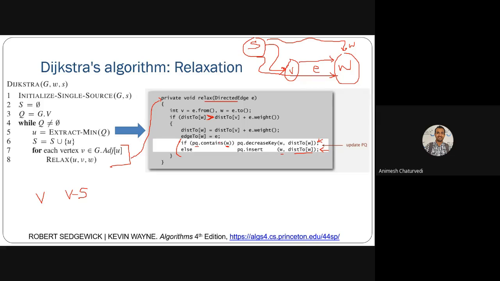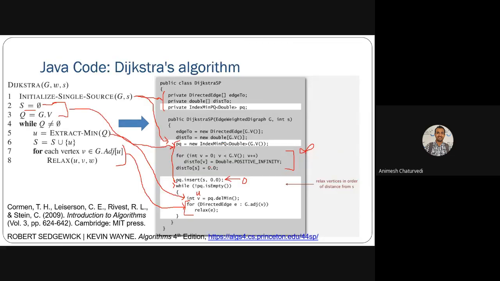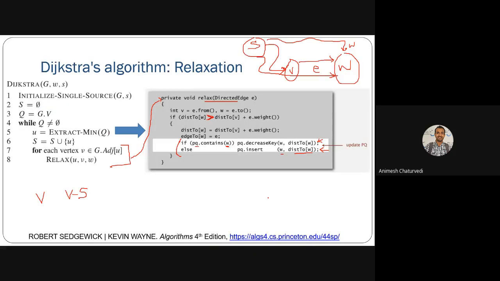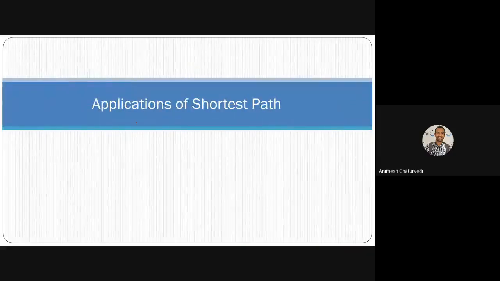So you are adding it to the priority queue so that in the next iteration, whenever you run the while loop while the priority queue is not empty, you'll get W over here if it's required, if it is unvisited. If W was visited, then W will not occur over here. So this is what we are doing over here. Okay, sir.